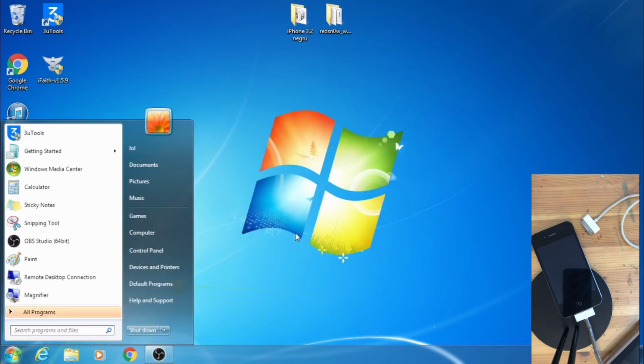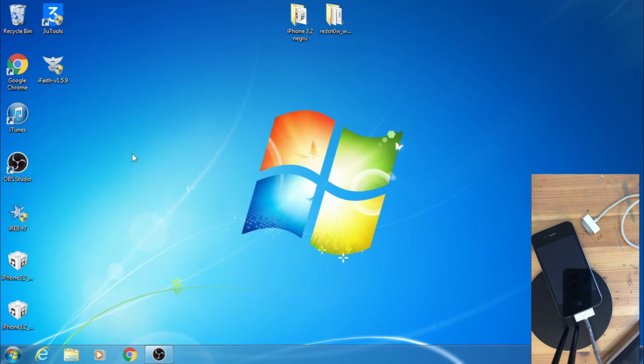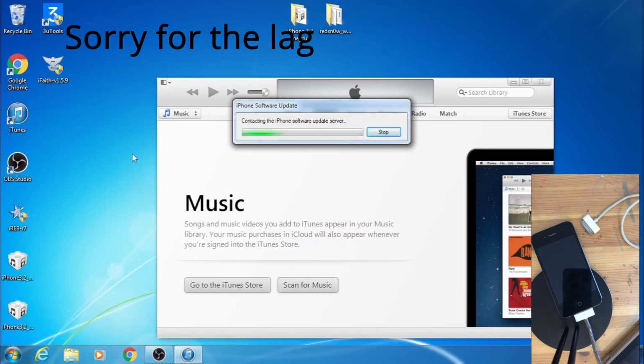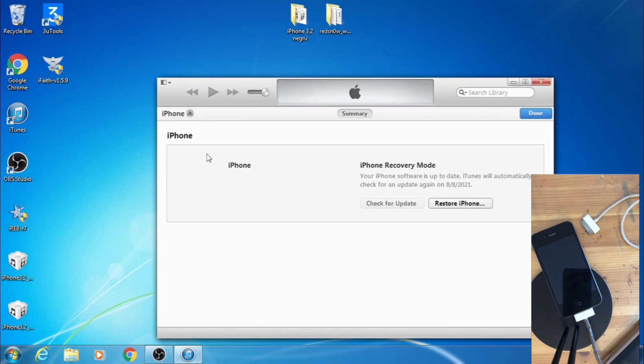Now you can run the iTunes 11.0 installer, and now just open it. Okay, now as you can see, it's not showing you the home screen. I don't know why, but just click Shift plus Restore.